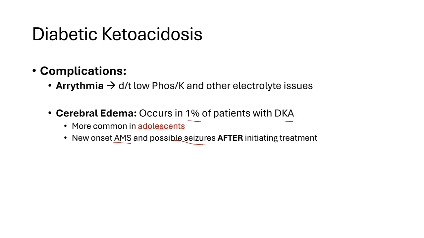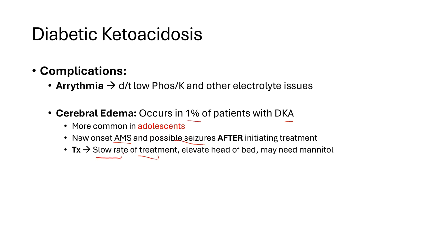This causes water to shift into the cells, especially in my brain, or your brain, causing a lot of these symptoms. So how do you think we treat this? Exactly. We typically slow the rate of treatment. Now, because this is due to cerebral swelling, we also want to potentially treat this by decreasing the intracranial pressure. We can do this by elevating the head of the bed, giving hypertonics such as mannitol, or even causing